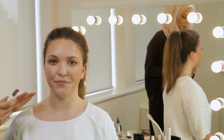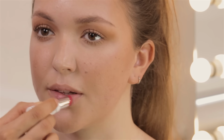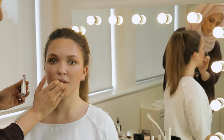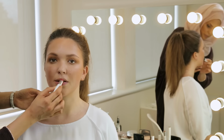So to take this look from daytime to evening, I'm going to add a pop of colour using a fuchsia pink lipstick. So I'm still using the Shine Lover, and I'm just going to pop this on top of the nude. You could also use a tangerine if you wanted to, or red. It's entirely up to you, but it just helps to complement the look and add that little bit more colour